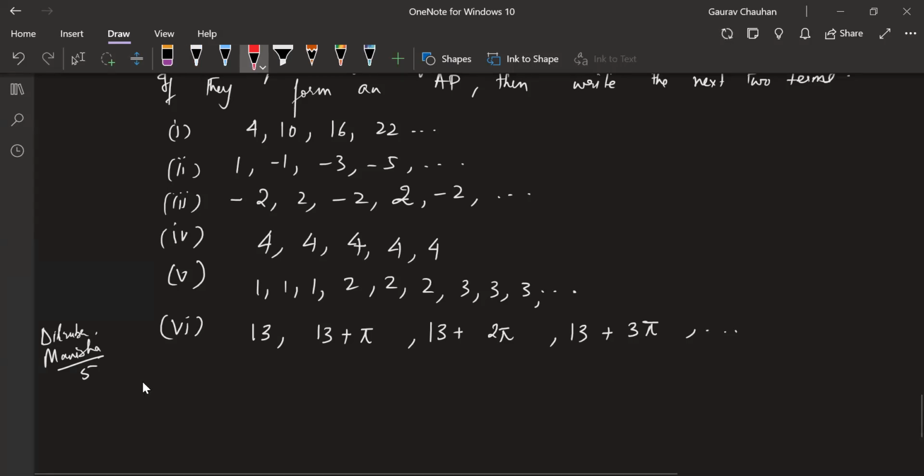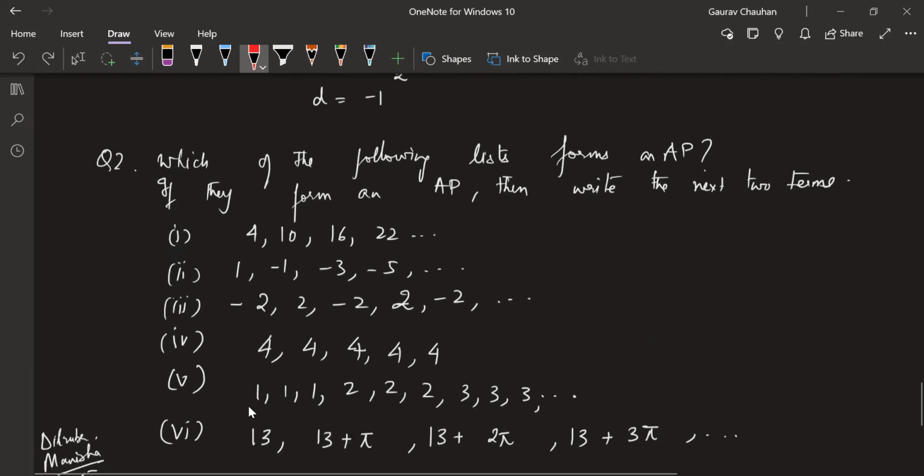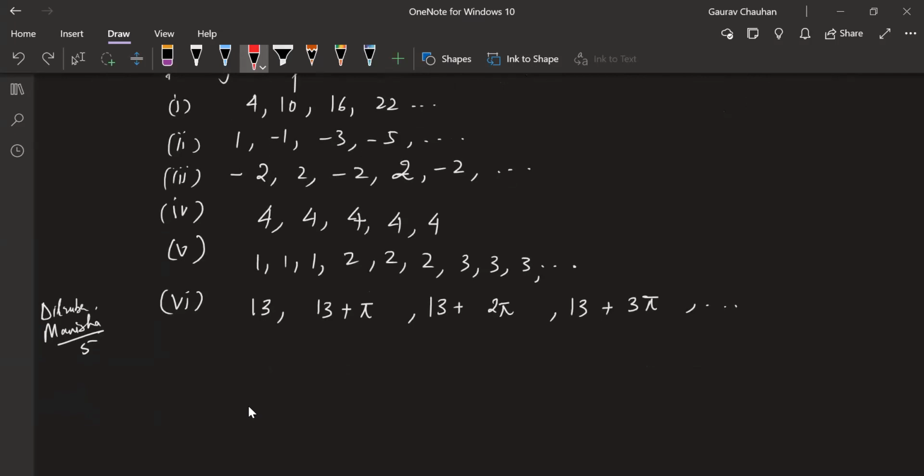Not at least 2 or 3. You have to check for everything that is given. At least till you get one wrong. If even one is not matching, then it is over. But suppose here you're getting 6, here 6, here 6. But suppose I had written the next one as 27. Then it would have been wrong. Manisha, if you had stopped here, you would have gotten it wrong, right? So you should check at least till where I have written, because maybe I'm not following any rule. A list can be without a rule also. I'm just doing something random also, right? So your job is to check till whichever number is given.